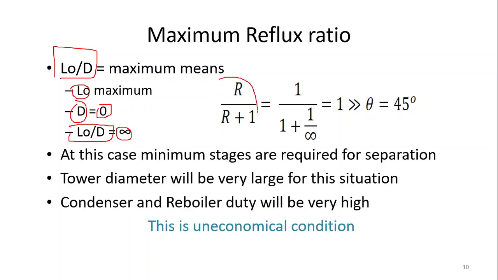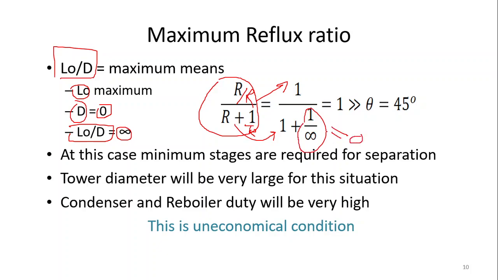If you look at the operating line and divide by R, R upon R becomes 1, and the other R upon R also becomes 1, and the remaining term is 1 upon R. We know that the R value is infinite, so in 1 plus 1 upon R, this value becomes 0.